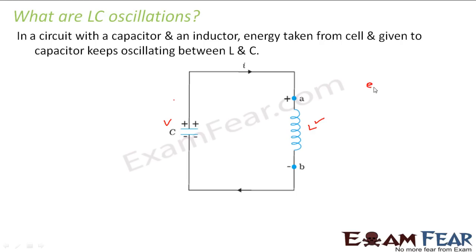So what will be that EMF? Let us say that EMF is E. This is the self-induced EMF in this inductor. This EMF will be given by E equals minus L di by dt, right? That is what we studied in self-induction. And what is this negative sign for? Remember Lenz's law? The negative sign says that the self-induced EMF will try to oppose the change which produced it. So what is the change that produced it? The discharging of the capacitor. So when the current was flowing, this change in current resulted in a self-induced EMF in this inductor.